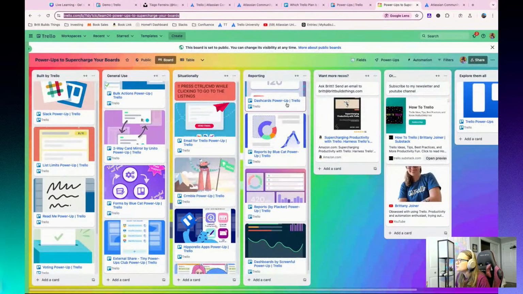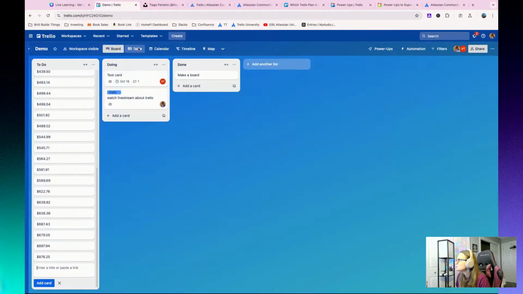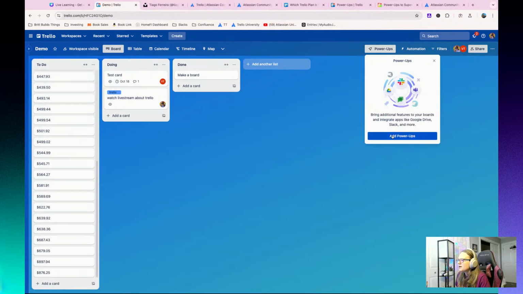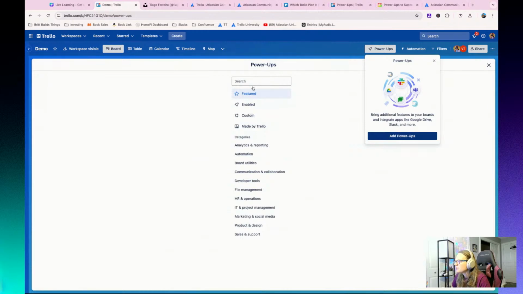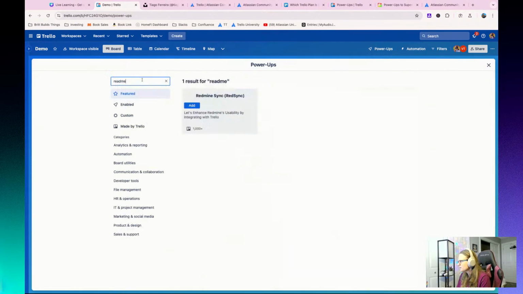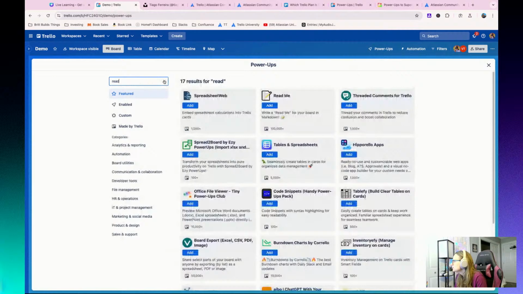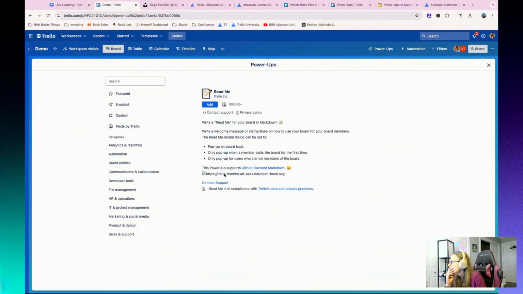So I mentioned power ups here. Let me just show you the general process, just in case you do want to add one. Let's say we want to add the README power up. That lets you add a pop-up that explains how your board works when people come to your board. So go to add power ups, search for README. There it is. Click add,